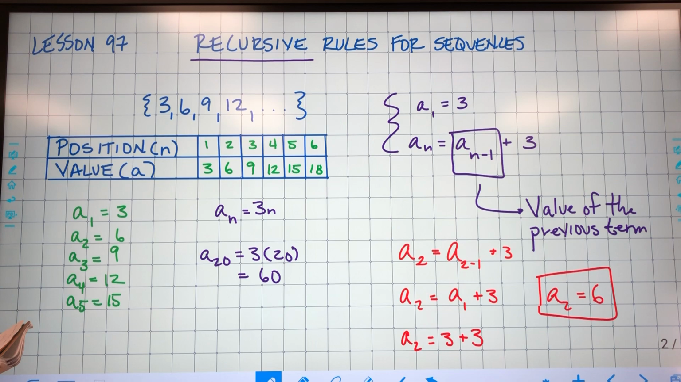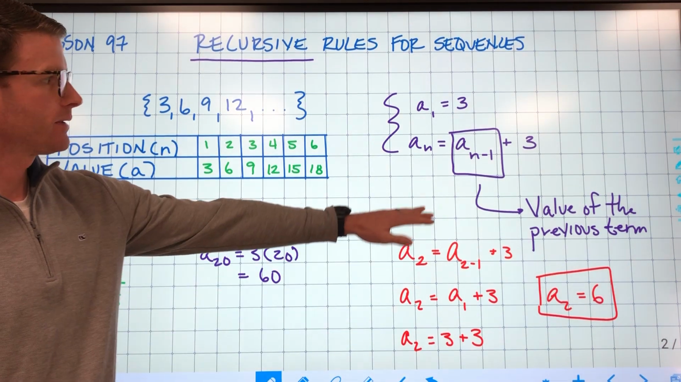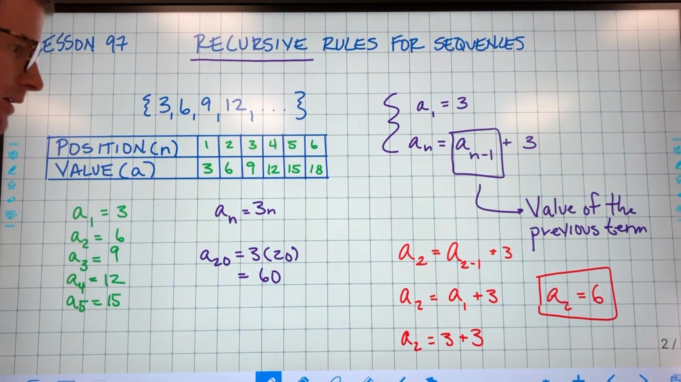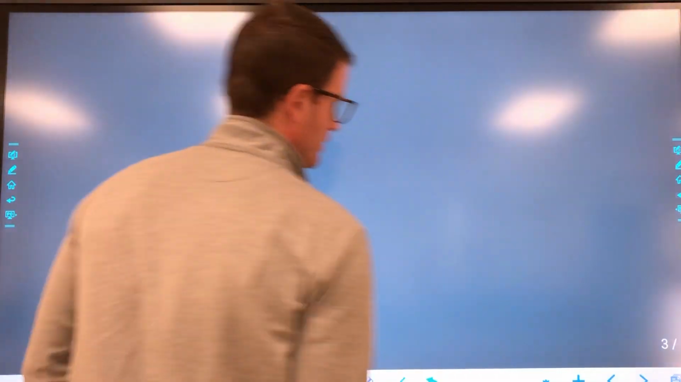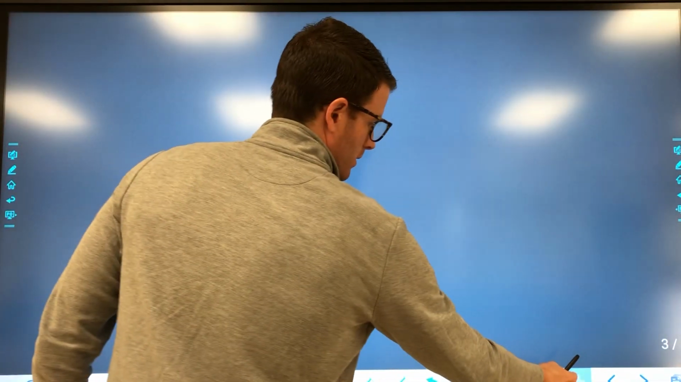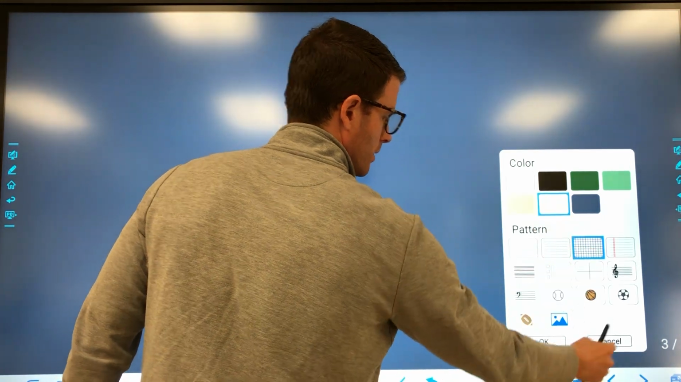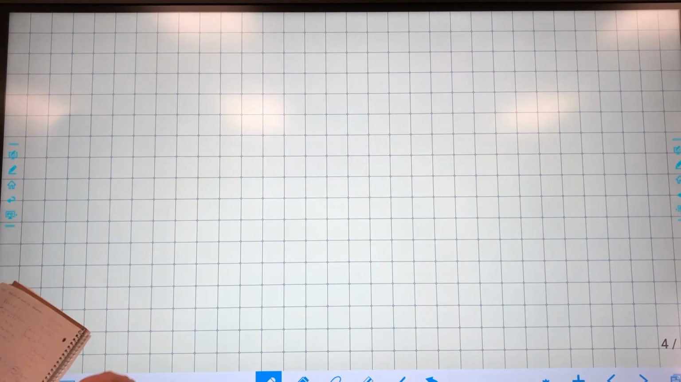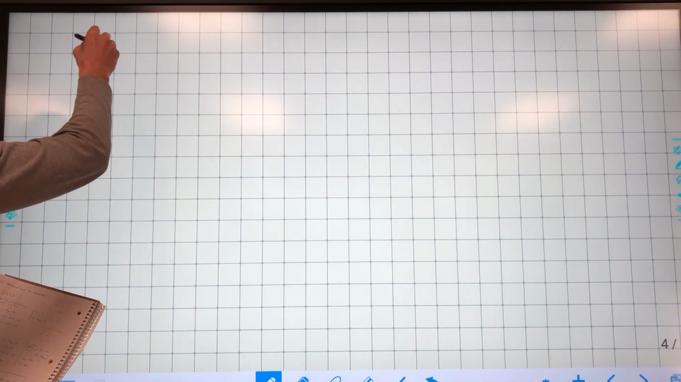All right, so that's really it. So that's an example of a recursive formula right here. So we'll do a couple more. Let's go to a new slide. Here are some notes real quick. A recursive formula